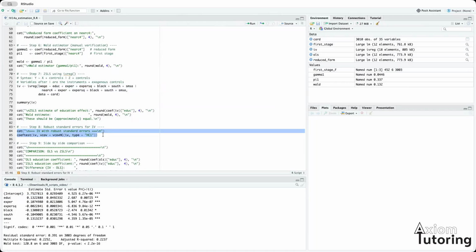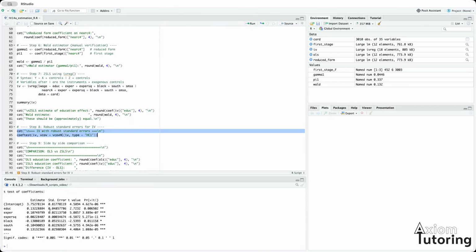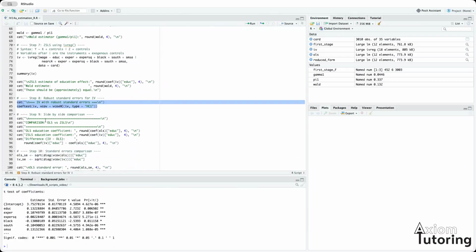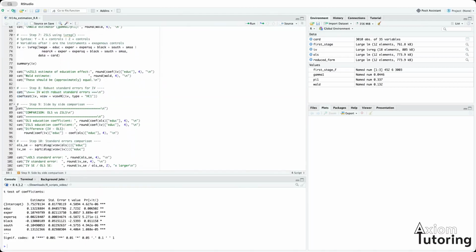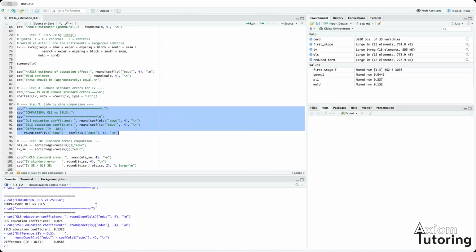If you don't remember why we had to do this, make sure you check the previous video that we've done on heteroscedasticity and robust standard errors. So if we do that, then we can now see the standard errors in here and the side-by-side comparison with the direct ivreg is going to show us that